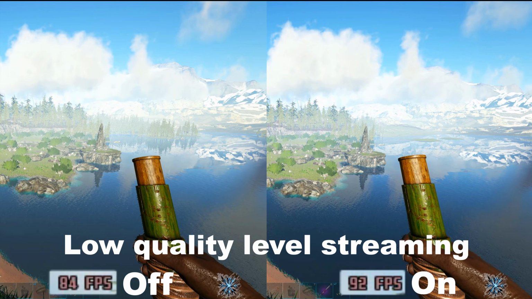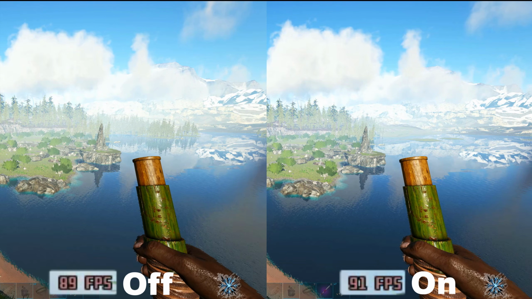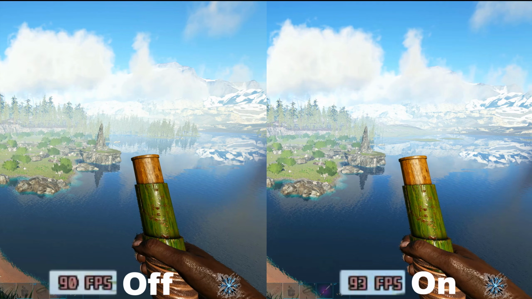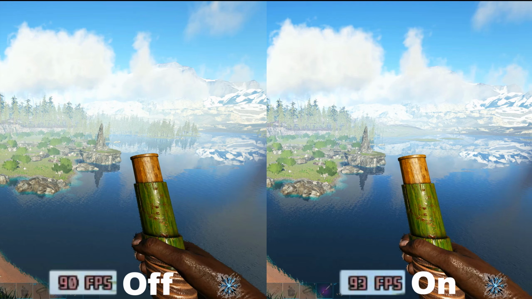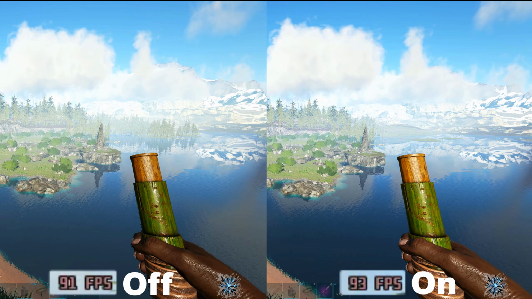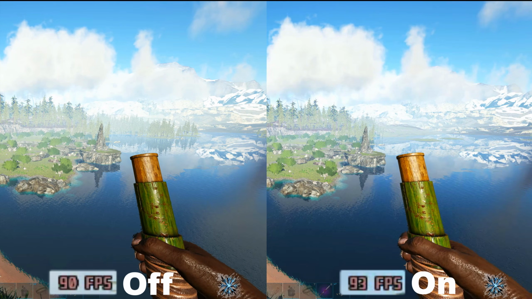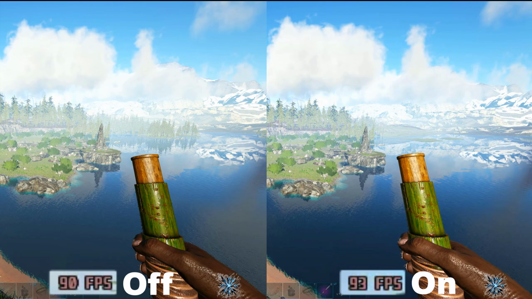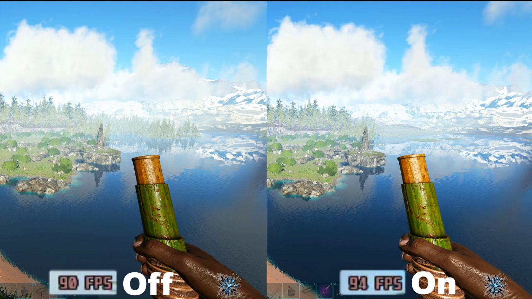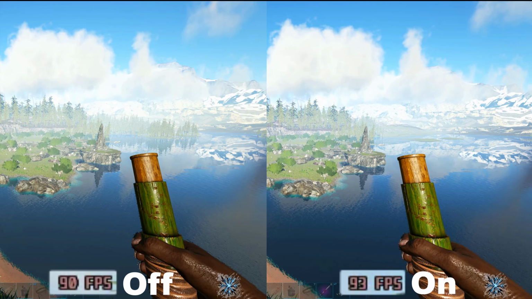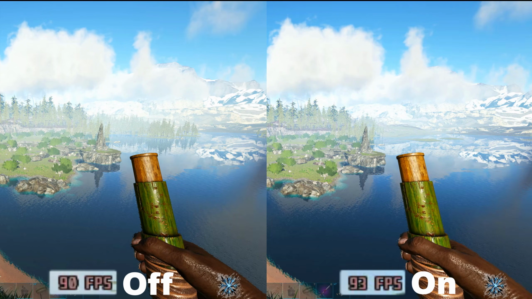And last but not least, we have low quality level streaming. What low quality level streaming basically does is that it makes you load less of the world at a time. Which you can see in this video: when we have it off, we load a lot further out. We load the trees out in the distance, which we won't when we have it on. This can save us some memory, and this can also save us a few FPS. So I would probably leave this on if you don't have that much memory and want to save a bit on it. Unless you really have a situation where you need it, I would just leave it on, because you can see it's so far away before it actually stops loading in the textures and the different objects in the game.